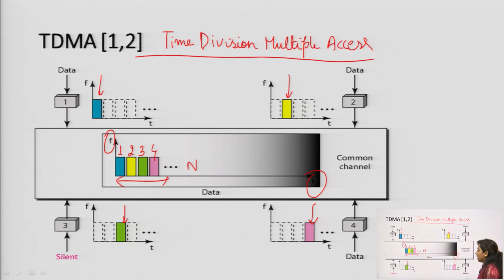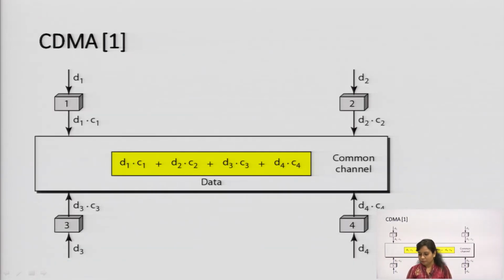So, this is how this time has been equally divided among n number of users, and these are going to transmit the data. So, this is nothing but the time division multiple access concept, which is shown by this diagram. Now, next is the foremost important, and this is somewhat complicated, but I will discuss it in detail,